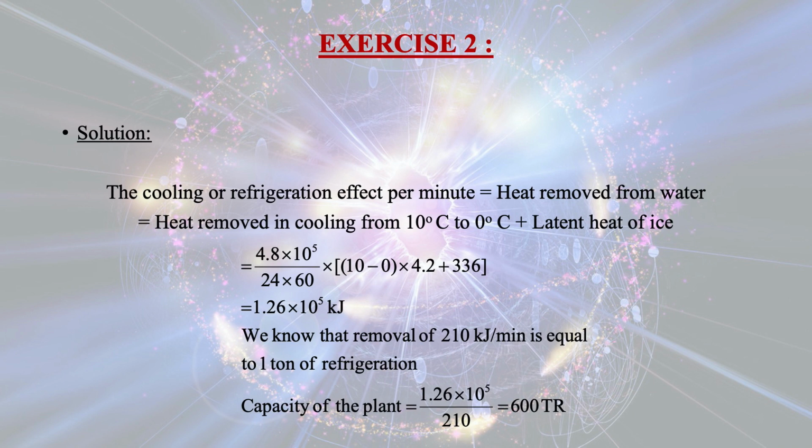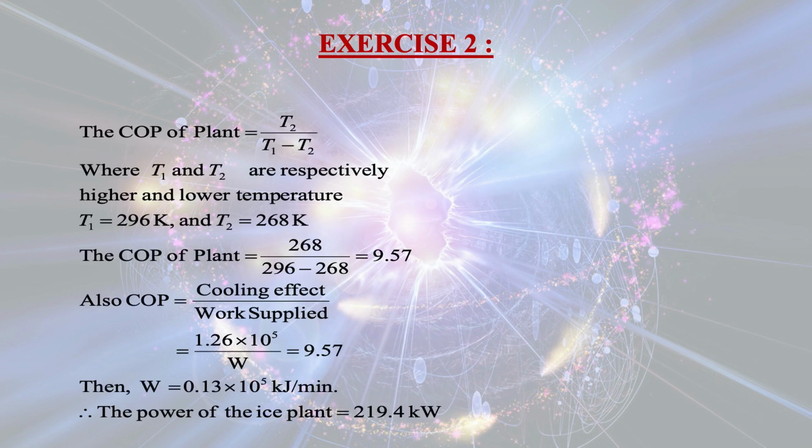We know that removal of 210 kilojoule per minute is equal to 1 ton of refrigeration. So capacity for this plant comes out to be 600 tons of refrigeration. So COP of the plant is equal to T2 divided by T1 minus T2. T1 and T2 are known. T1 for this problem is equal to 296 K and T2 is equal to 268 K. So COP of the plant comes out to be